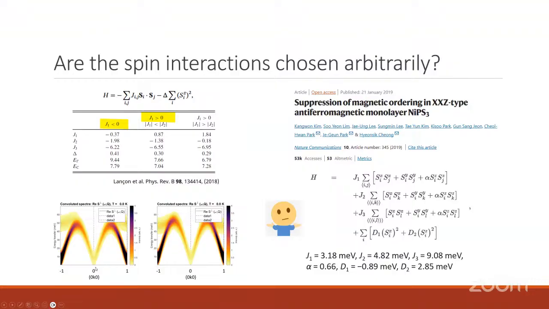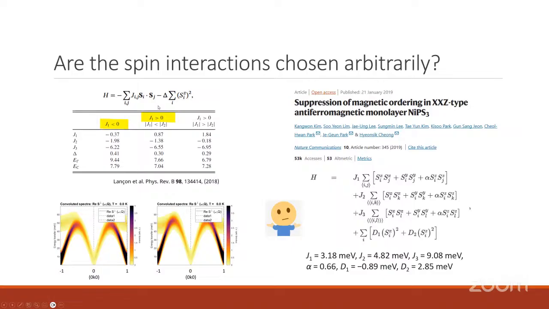So this is an impression that we get from this paper, that maybe only using linear spin wave to fit